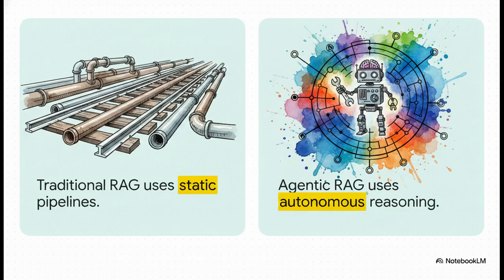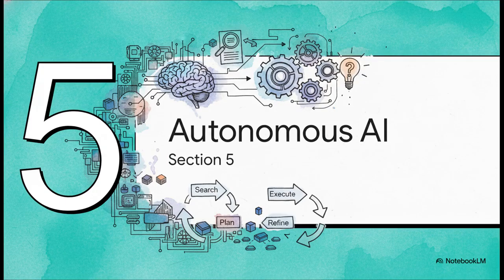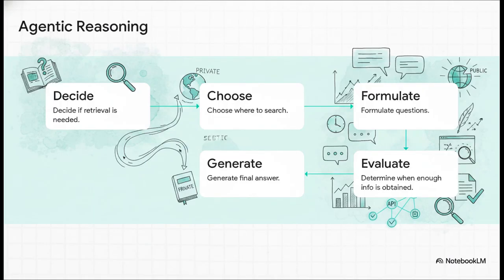Agentic RAG, however, shifts the entire paradigm. We are moving into the realm of autonomous decision-making systems. Instead of just following a static script, an agent uses the LLM as its brain to actually reason about the task, plan out steps, and use tools to solve complex problems completely on its own. Which means, welcome to Section 5, the era of autonomous AI. We have officially moved from a system that just passively reads documents to a fully intelligent research assistant. Let's see how this builds in a real-world scenario.